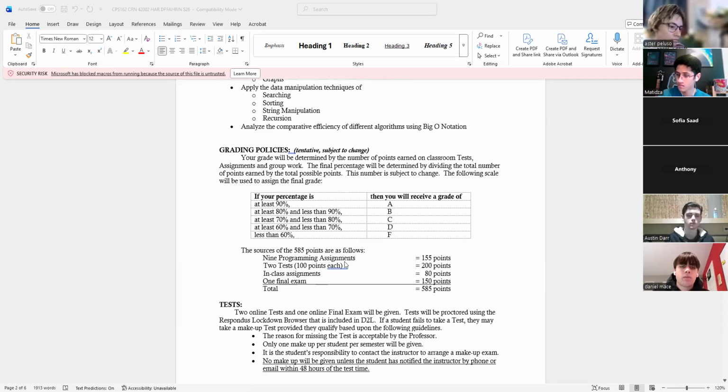Grading policy, it's pretty darn close to 585 points. Now, a lot of your courses, you're looking at 1,000 points or 1,200 points. Well, this is your third semester programming, and it's expected that you write programs, do tests, and in-class assignments.